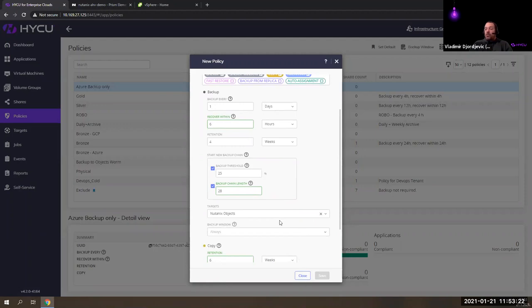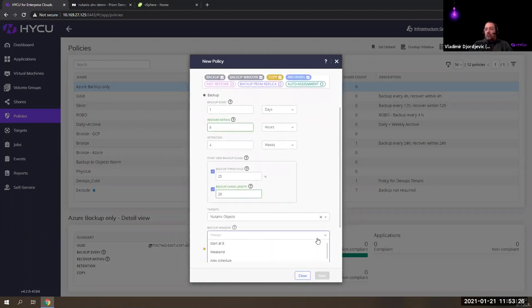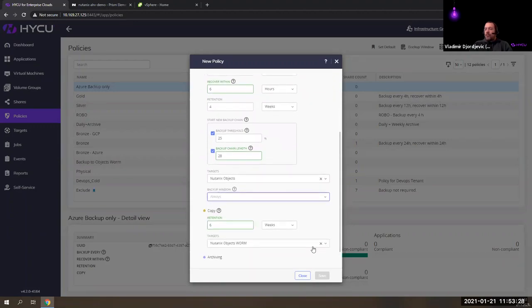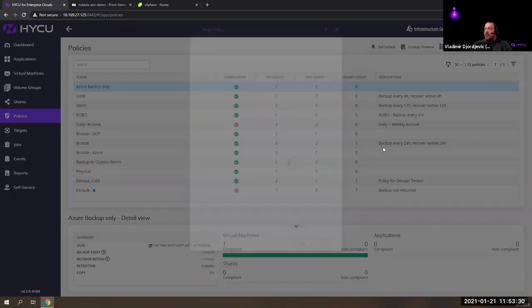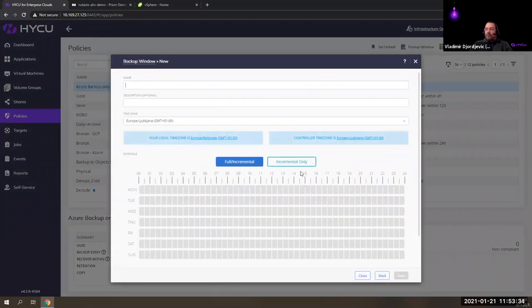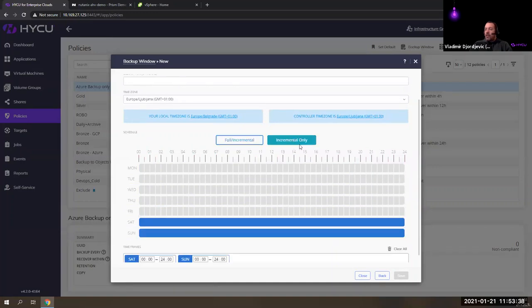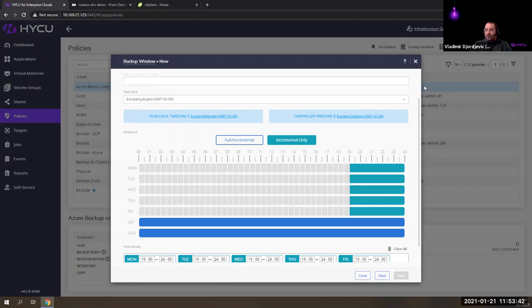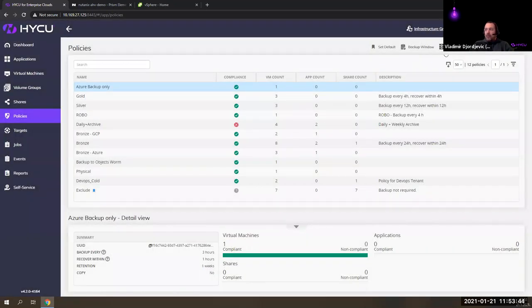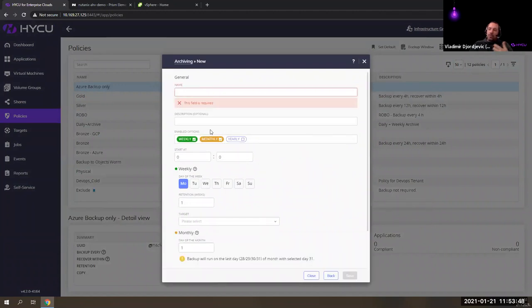For those backup windows or archiving, if you take them, you just choose from the already configured ones that you have, and you configure them either as a backup window here, or like a full and incremental during the weekend and incremental only during non-working hours. And archiving as well. So archiving, simply one option regarding the